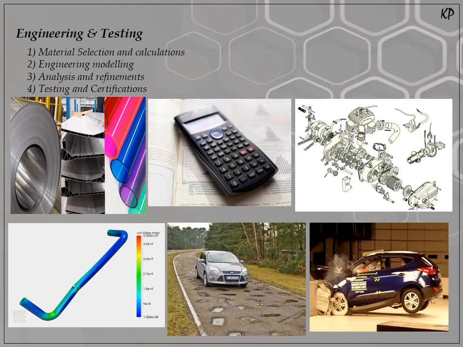Once your 3D model is ready with the detailing, you have to go with the analysis, because if you are doing the analysis, you can optimize your product and you can save your cost very drastically. Because if you do the optimization of your product, you can reduce the material wherever it is possible. And once you go through all these stages, you have to again do the prototype, test it, and take the certificates for that.